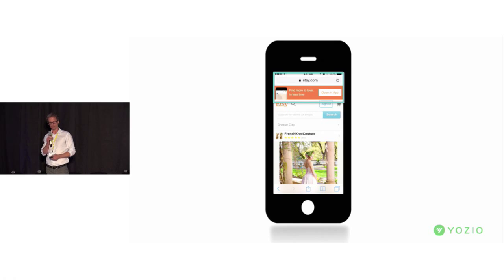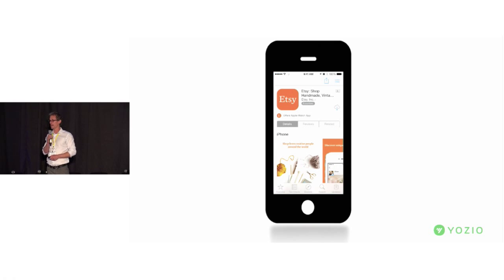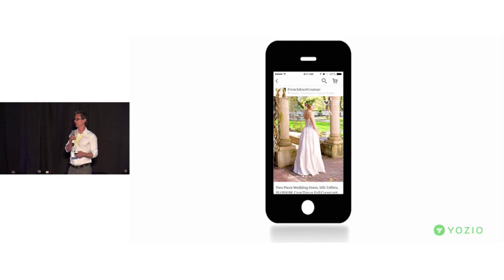She clicked on the banner, went to the app store because she didn't have the app installed, and post-install was delivered immediately to that wedding dress, to the product page to purchase. So if you compare this to the Amazon example, it's a much more streamlined user experience that cuts out all of the friction except for the App Store from that kind of conversion from whatever channel someone was in